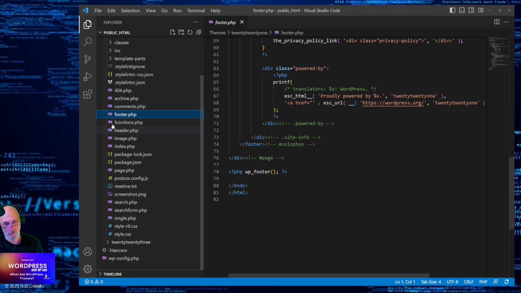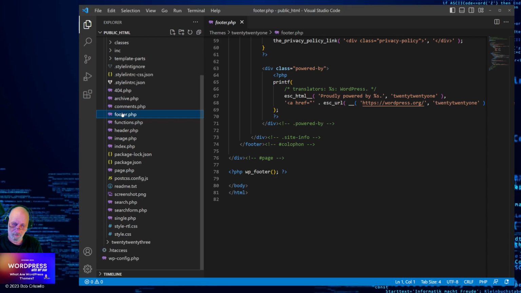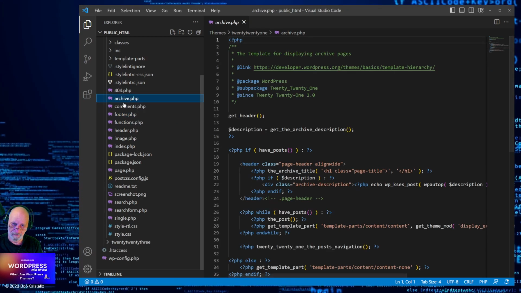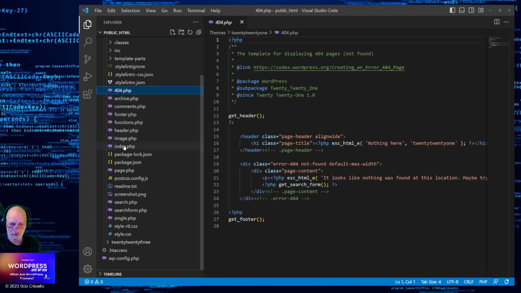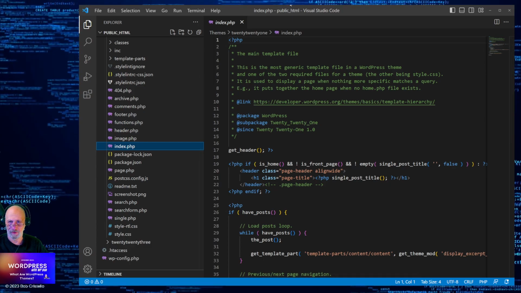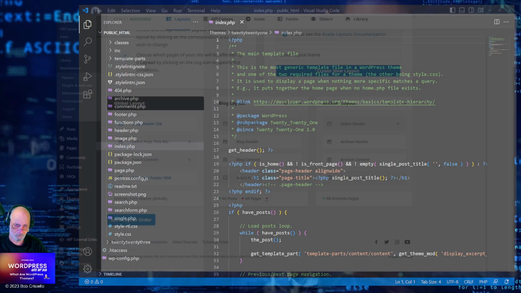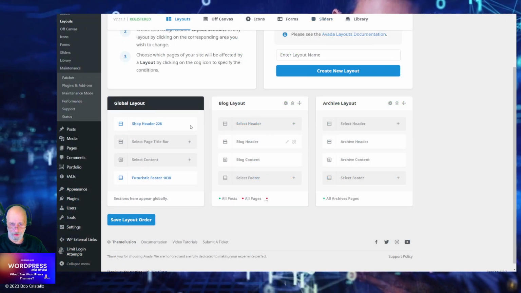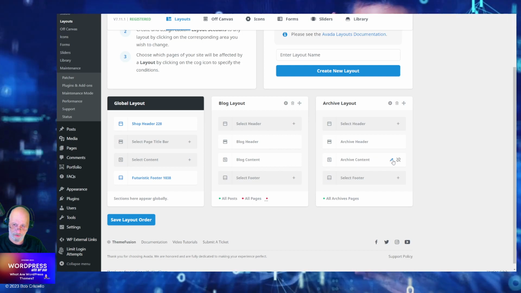And you can still do it because WordPress will recognize this naming structure. But here you go, there's my archive, there's displaying my comments, there's my 404 page, there's my index page, and so on and so forth. As opposed to a system like Avada, for example, they're all here. Here's my blog content layout, here's my archive layout, and it's all done visually.